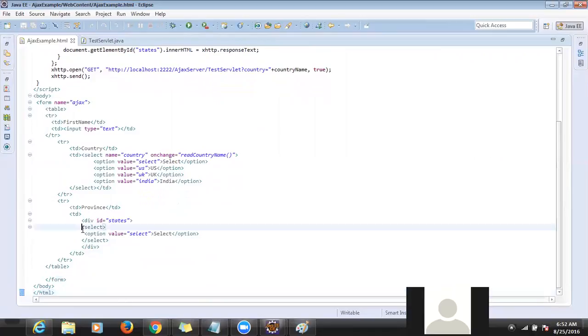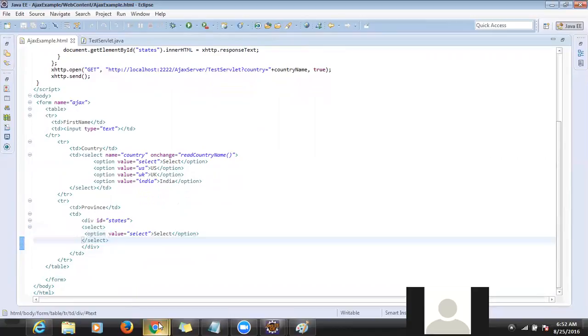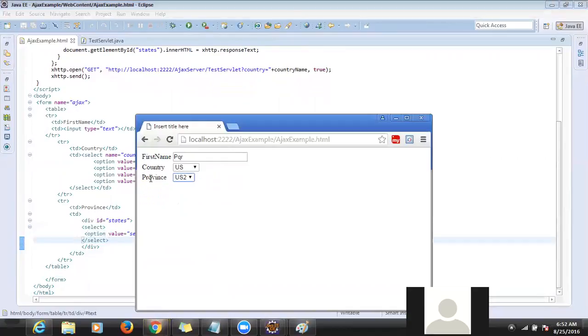There is no state, you didn't add it. Everything is coming from the server. For dummy purpose, the first time when we are loading the page, by default you will not see any states. So based on your selection,